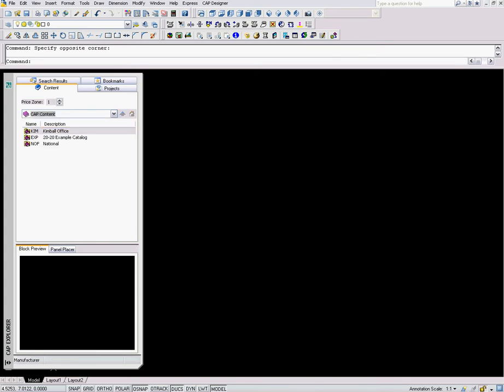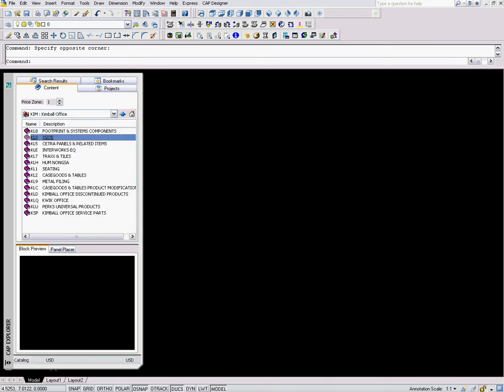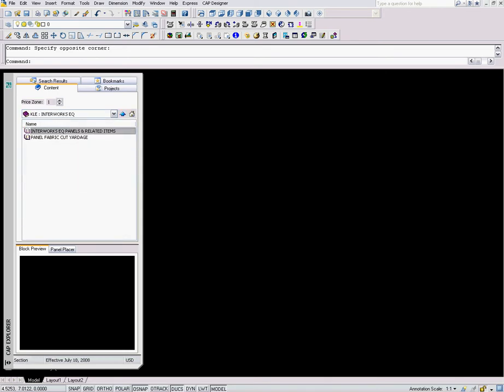The series of catalogs that you will see on your personal desktop computer will be different from mine. However, the catalog selection remains the same. I'm first going to go to Kimball Office, select Interworks EQ, select Interworks EQ panels and related items, and I'm